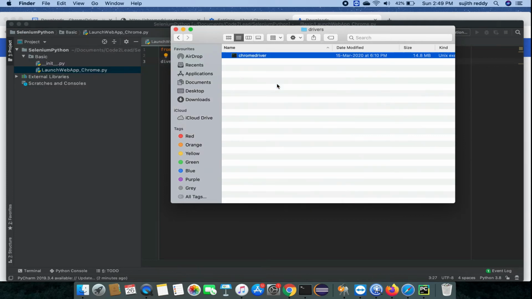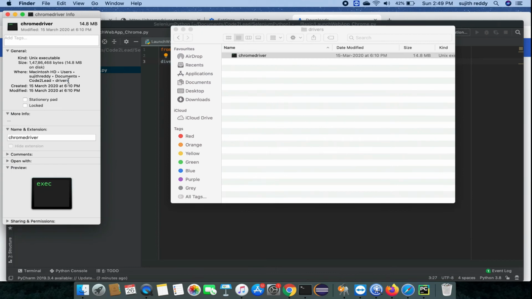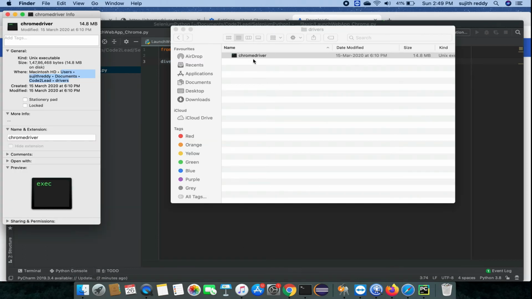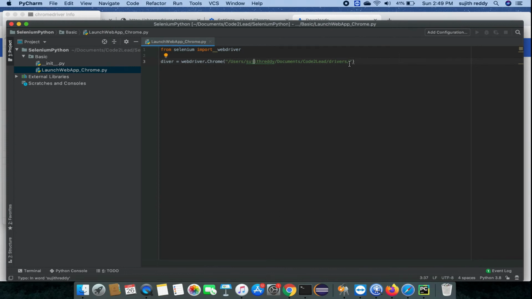Right click on it and click on get info. Copy this whole path, and then slash chromedriver, everything in small letters. Make sure that the name is correct.